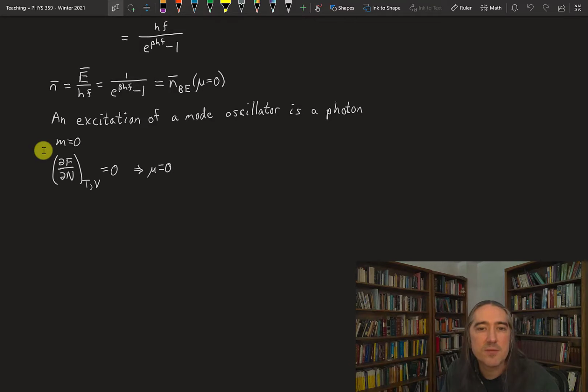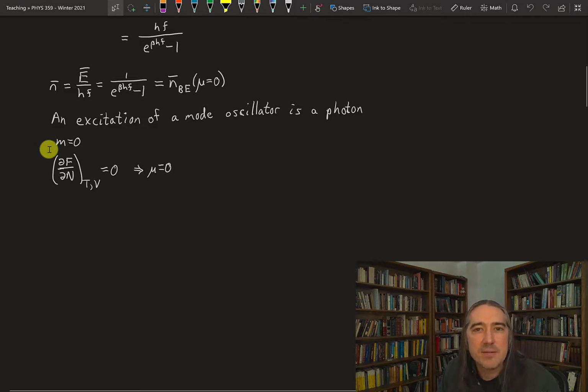Okay, so this is a very different scenario to, say, a gas trapped in a box, where I know how many atoms are in there. I may not know how fast they're moving, that sort of thing, but I know how many atoms are in there because atoms can't just be created or destroyed at normal temperatures. Okay. For a mass equals 0 particle, at any temperature, some particles can be created or destroyed.